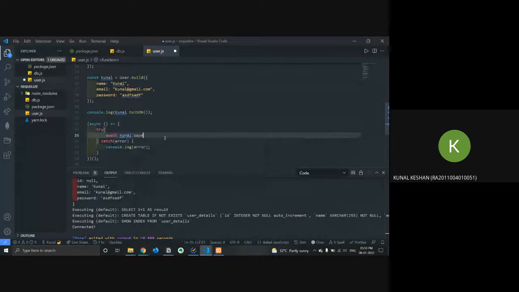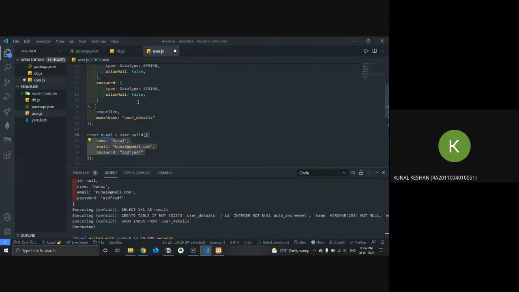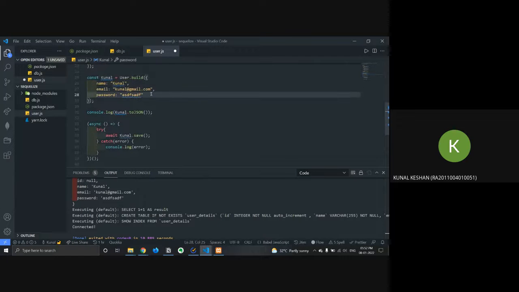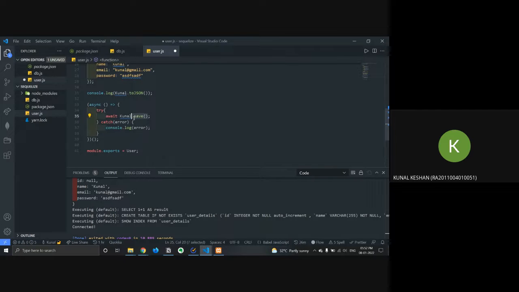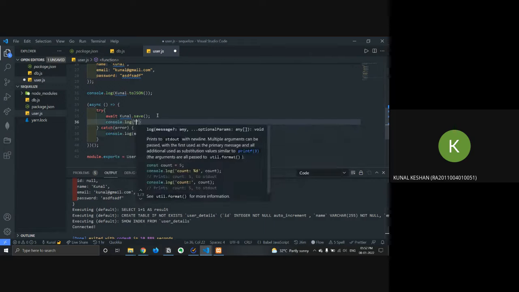On this one, you have to call the dot save method over here. What this dot save method does is it takes in the instance, whatever values were there inside it, and runs an insert query, just similar to what we would have done: insert into the table name, and then we'll pass in those values, right? Instead of us doing all of that, we just call a dot save method, okay, and just put console dot log user save,